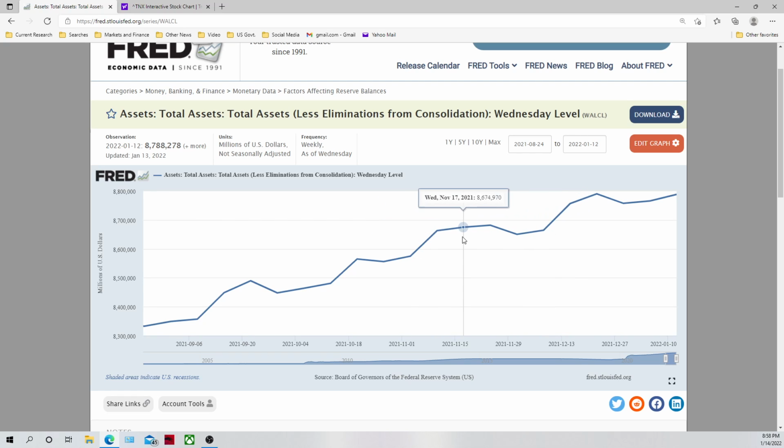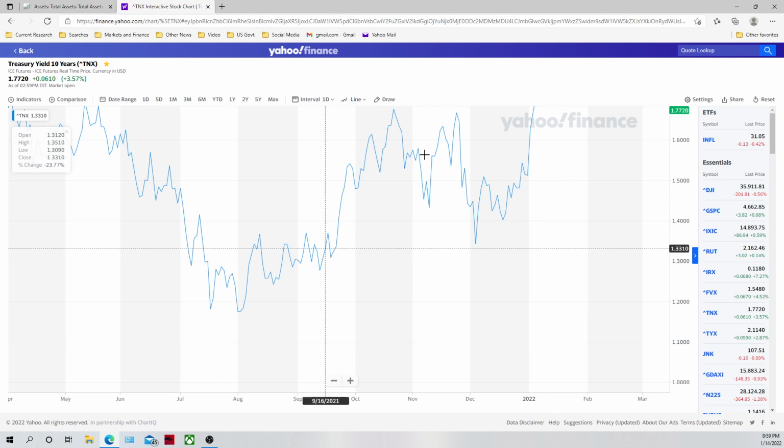Now here we have November. December would be the first month that the Fed committed to buying less bonds. Now look at this. You have the Fed purchasing much less assets. That's because they can't, because they've committed to not purchasing more assets. On the same token,